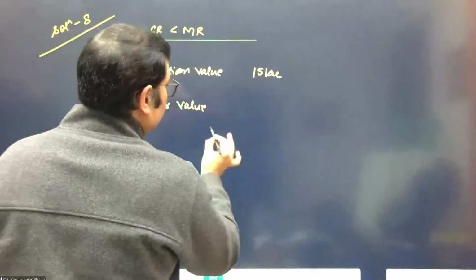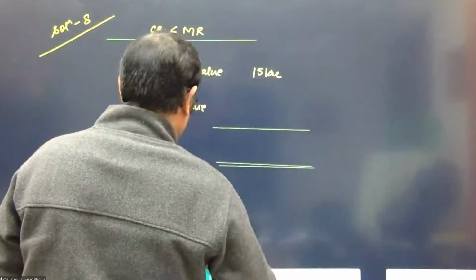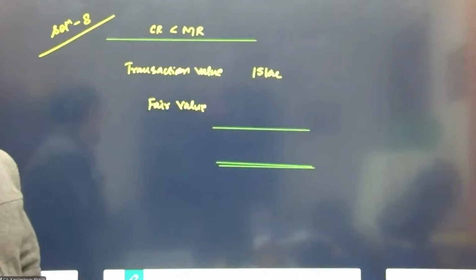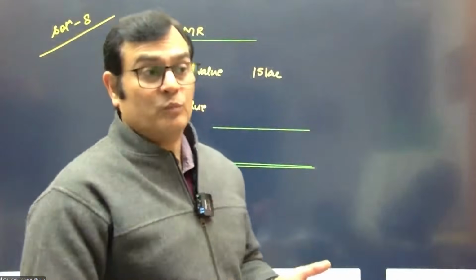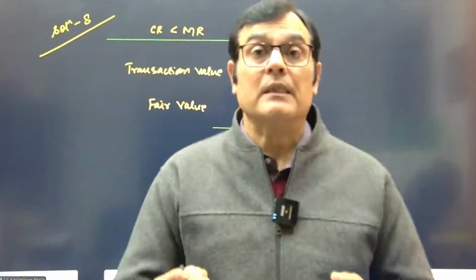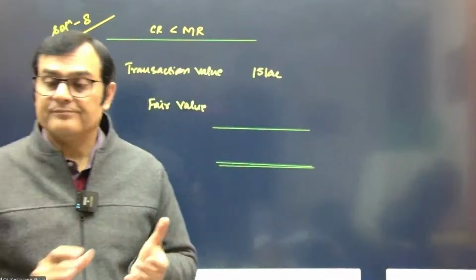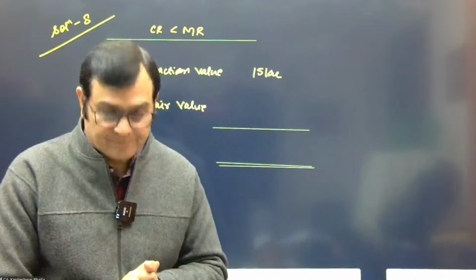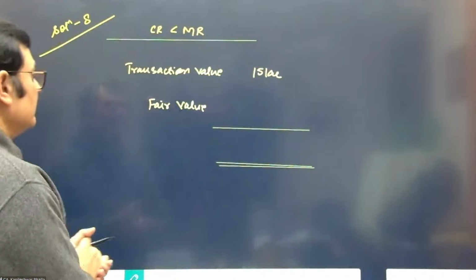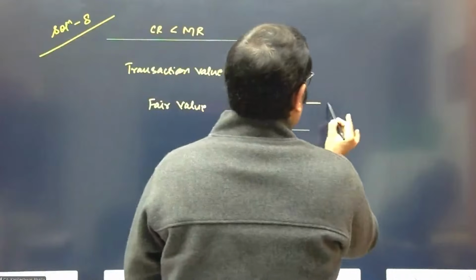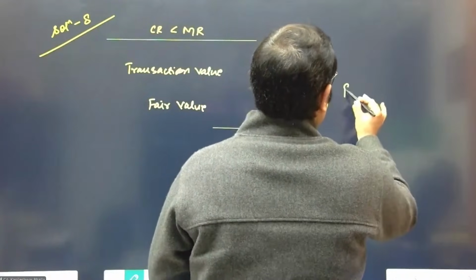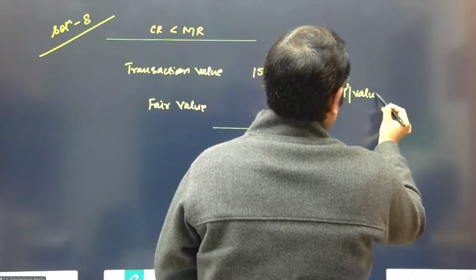So would you now like to tell me how you would get the fair value? Because the difference is something which we are going to treat as a prepaid staff cost, but how would you calculate the fair value in this case? Present value of interest and principal repayments. Wonderful indeed. So the fair value in this case would be based on the present value